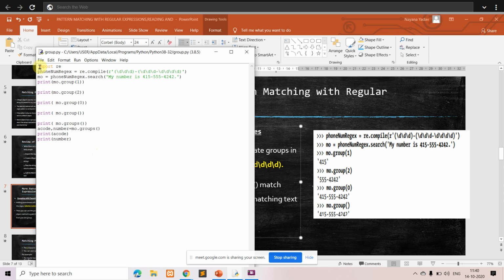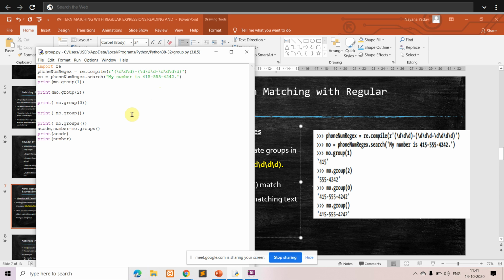We have written this. So we said whenever you're using regular expression, you have to write import re. And after that, you're using re dot compile. For that, you're passing the pattern. And after that, you're going to get the regex object. And with that, the next thing you're doing is calling the search function, wherein you're passing this value which you want to search, and that value will be compared with the regex object. There you're going to get the result that will be stored in mo. Okay, so we'll see here.